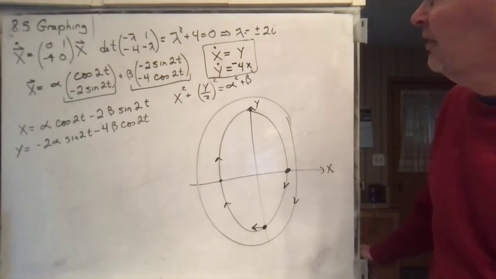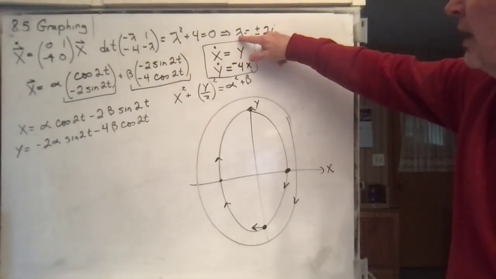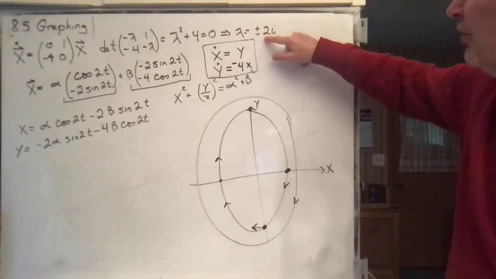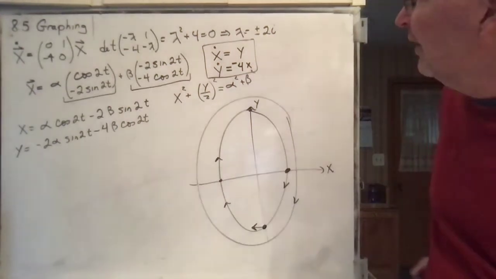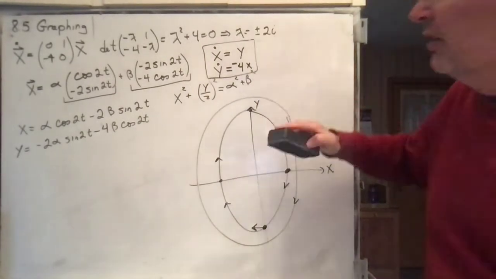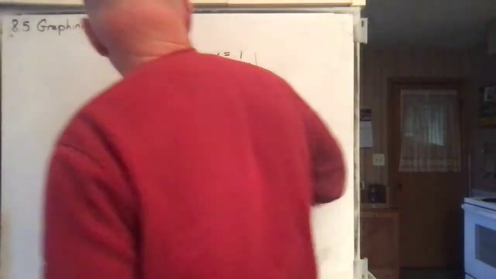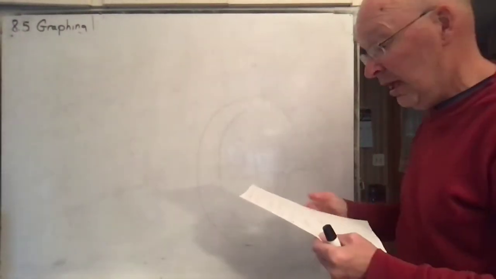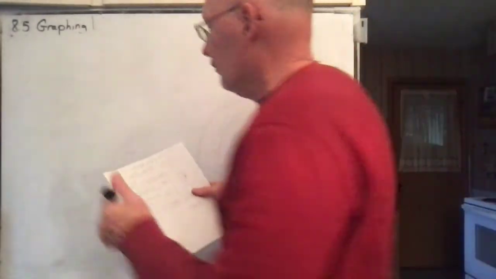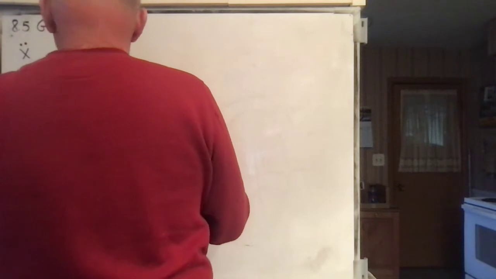Now, what happens if instead of having a lambda here, which is just imaginary, it's complex? What happens if we have a real part as well? So let's do an example like that as our next one. And just to give you some motivation, let's take our example from an earlier chapter where